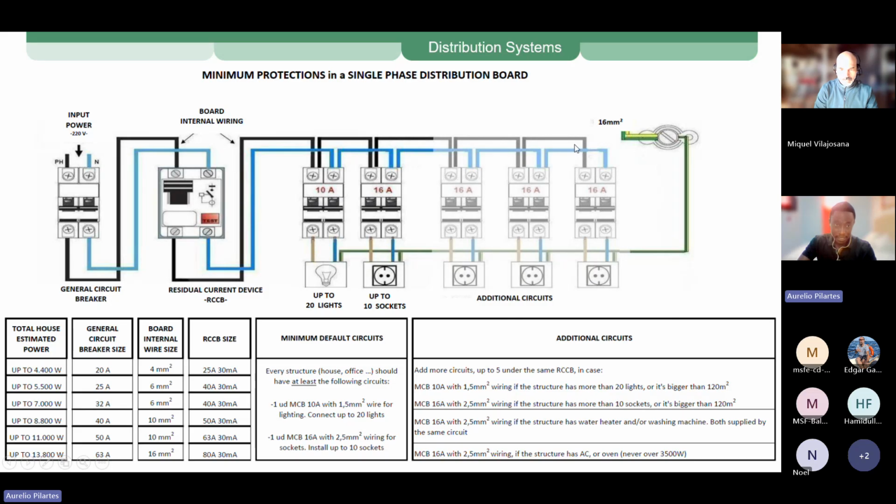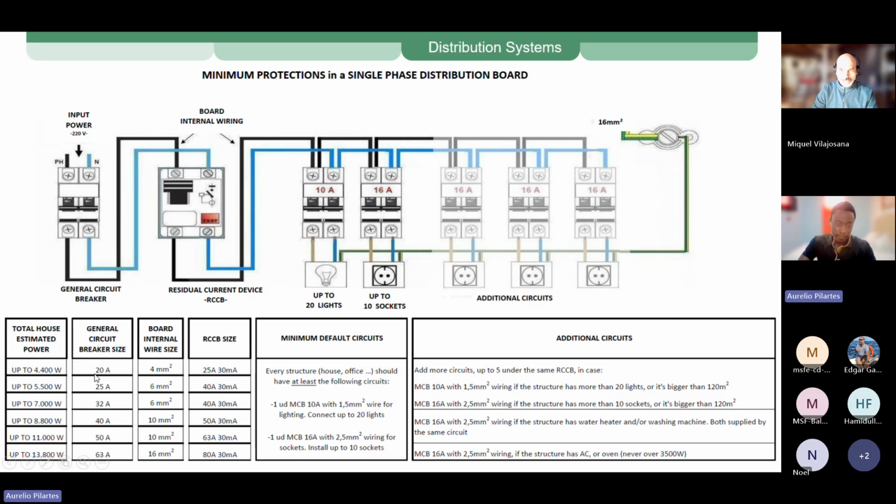One also thing to take into consideration is the cross section of this cabling here. You know, the cable that we use to make the connections between all circuit breakers. Usually, the minimum cross section you should use to do these bridges here, you will get it from the rating of this circuit breaker. Which means if it's a 32 amp circuit breaker, you should not use a cable of cross section less than 6 square millimeters, as you can see in the table here.